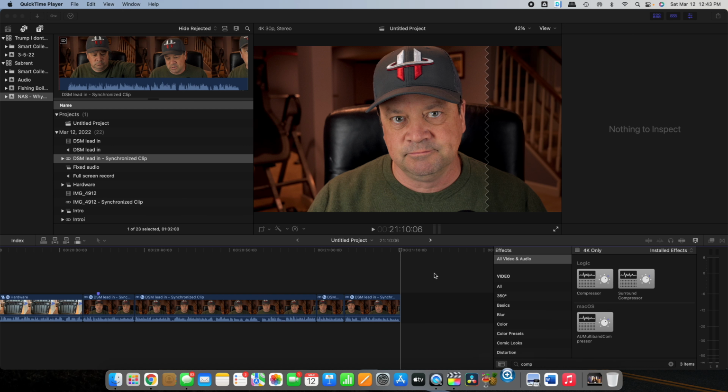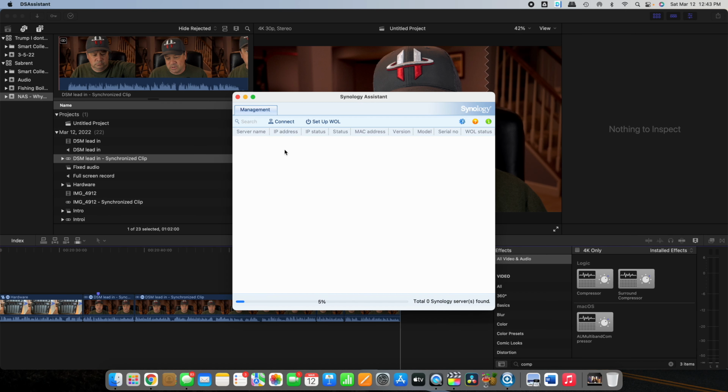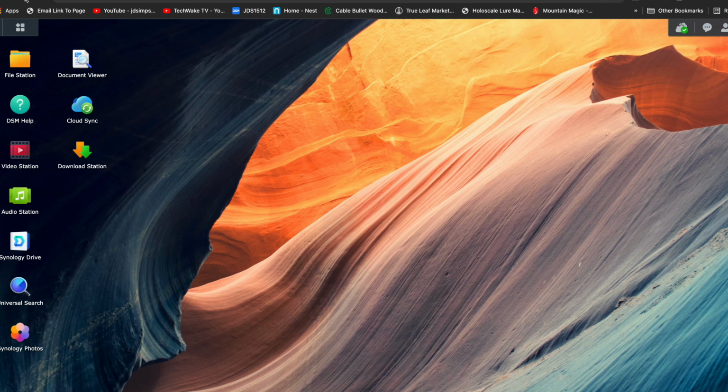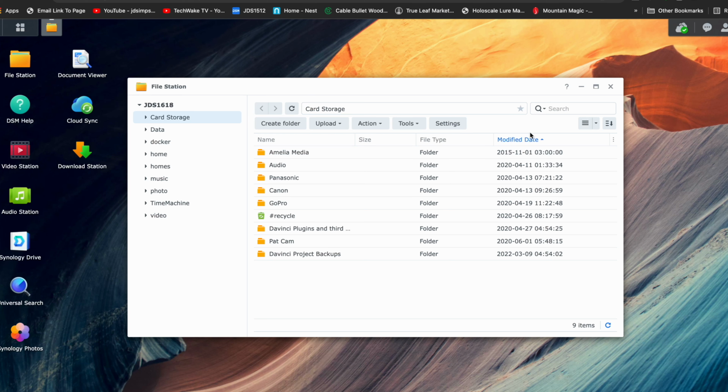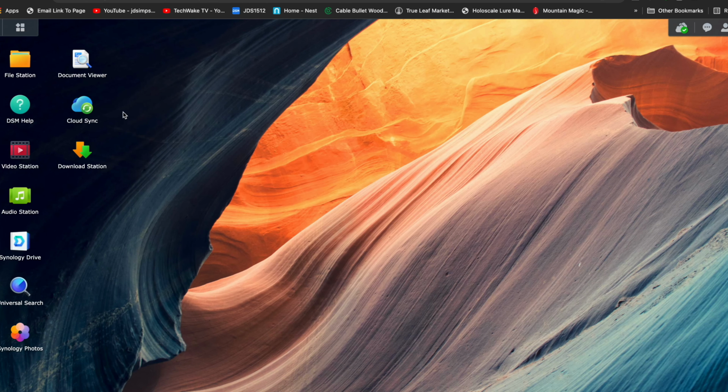And when you click that, it comes up and it shows you exactly what NAS device is in your network. I'm going to cover this or blur this out, and then you just double click it and it takes you right into the login page. Now I logged in as Joe Simpson, so you can log in as administrator or you can log in as user. Some of the user account privileges that you get is you have File Station, of course. You can go down into the file tree and look at certain things, and you can restrict people's access to certain areas on this NAS as you set up their user accounts. If you're the administrator, you can set any setting you want.